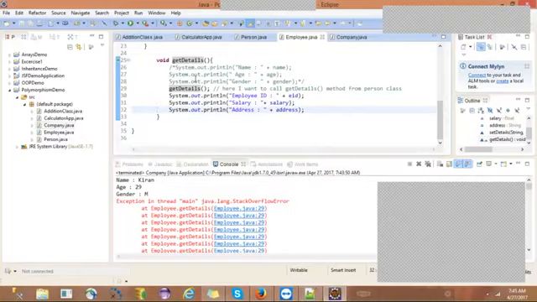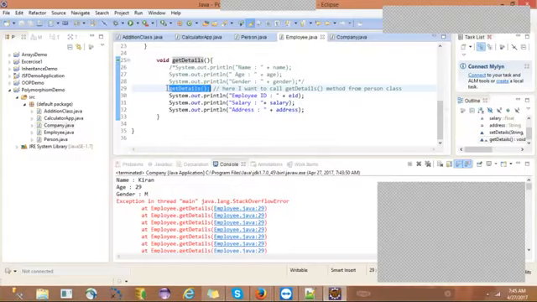But in our example, we are invoking get details, and as it is the parent class method, we don't require an object. Directly we can call it like this. If we do like this, what happens? It will become a recursive call, going into an infinite loop, and it will give you this exception. So here, what is the conflict?